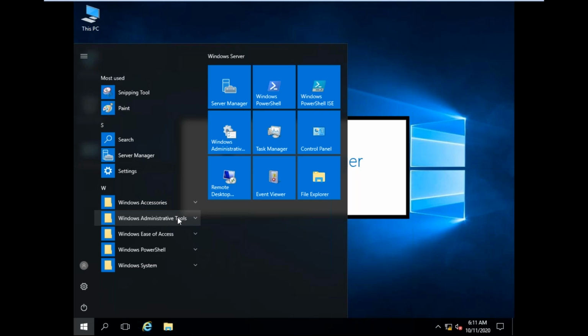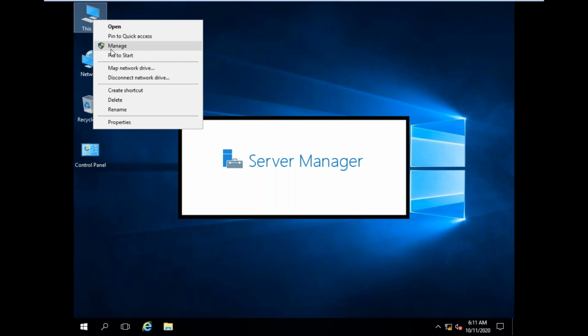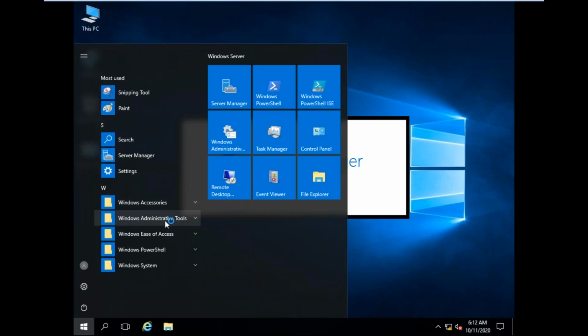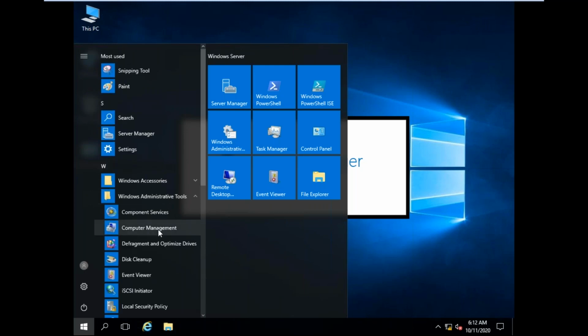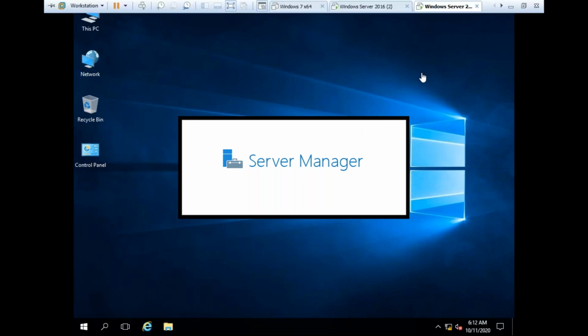Now, creating a new partition in Linux, sorry, Windows. So right click on This PC, click on manage, or else you can go to start, computer management. So both ways you can go. Here you can click on Windows administration tools, and click on computer management. There also you can get the same window. Or else go to server manager, click on tools. See, three ways we can have.